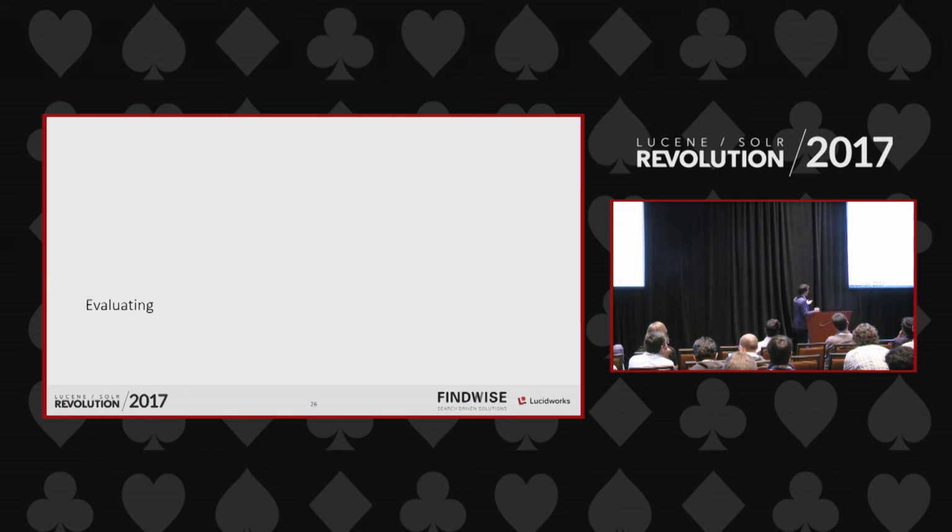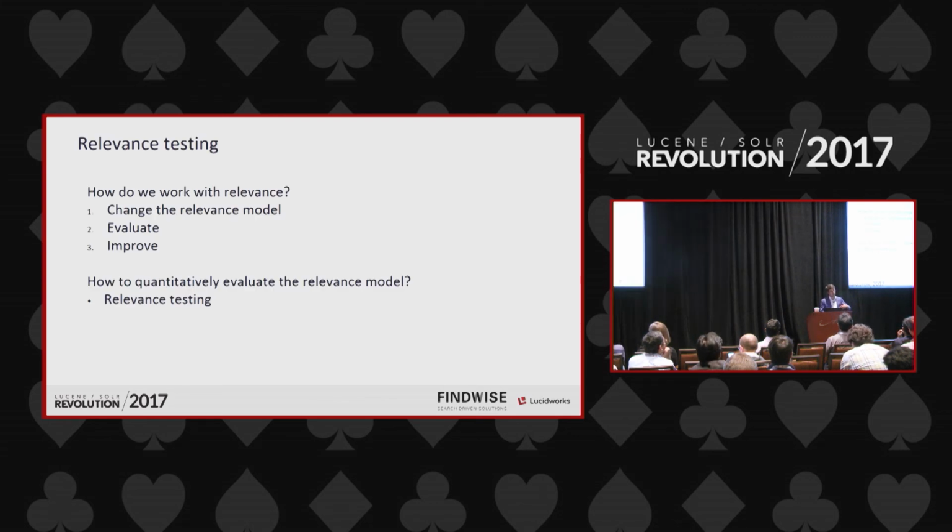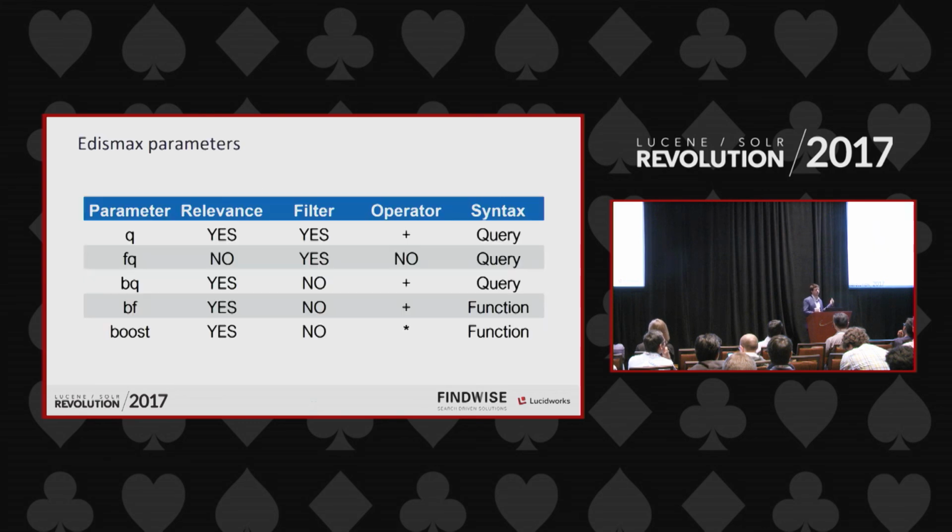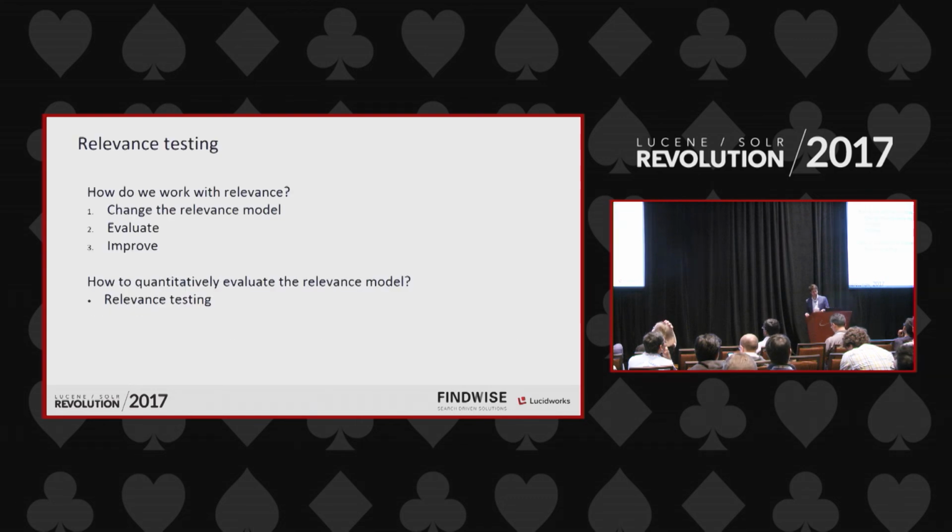Then we go to how do we figure out what's the best thing that we can do. What we are always going to want to do is change your parameters, but you have to know if you're doing better or worse. So you're going to change your stuff, evaluate it, see if it gets better, and then do another iteration. If you see that the results are worse, obviously you go back and try to change something else. It gets pretty tricky because, as you saw, we have a lot of parameters. Each of the parameters can appear an infinite amount of times in a way. So we have to be very careful of how each parameter affects each other, especially the boost one compared to the other ones, because it's much more powerful.